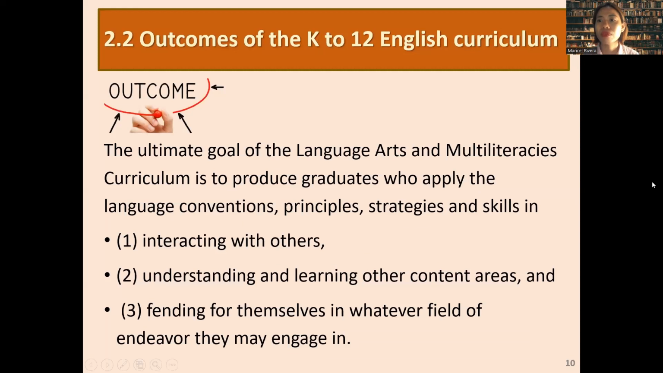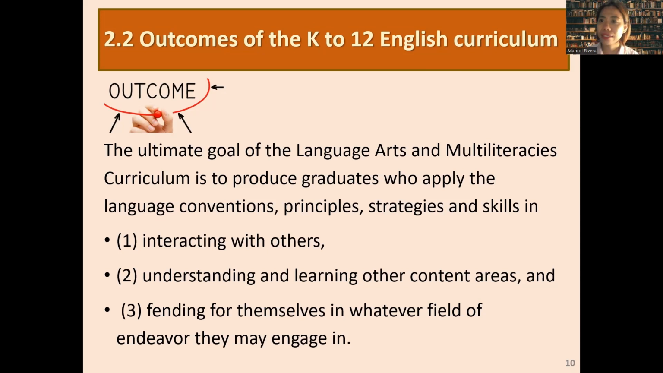So when we say outcome, class, it is the product in a way. It is what we expect the students to become or to possess after a topic that is being discussed, or after a session, after an entire unit, and even after they finish a specific program in the school or in the university. So outcome, always remember the ultimate goal of the language arts and multi-literacies curriculum is actually to produce